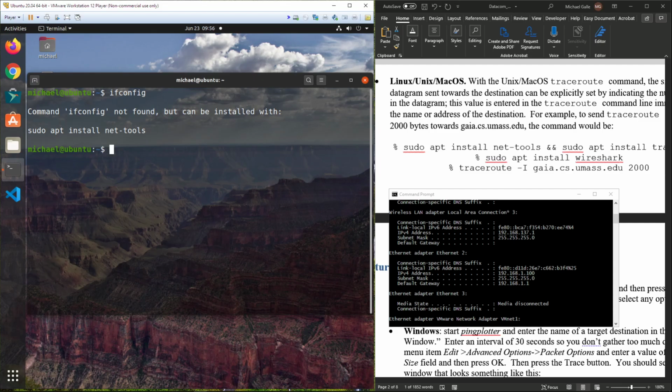So if I go in, I'm going to say sudo apt install net-tools. I actually give you this here: net-tools and then traceroute. Okay, it's asking for my